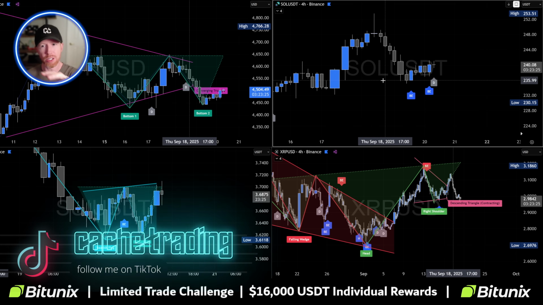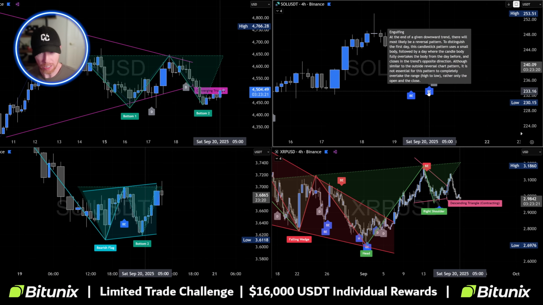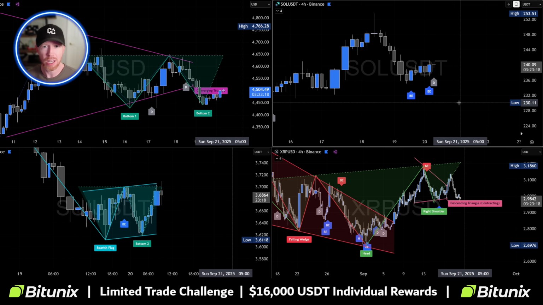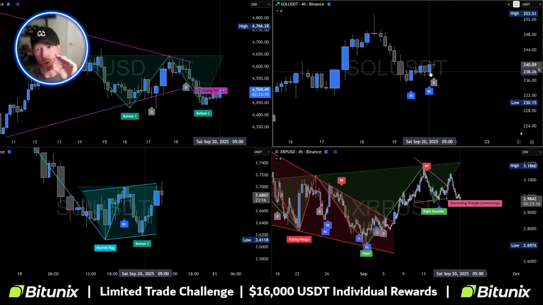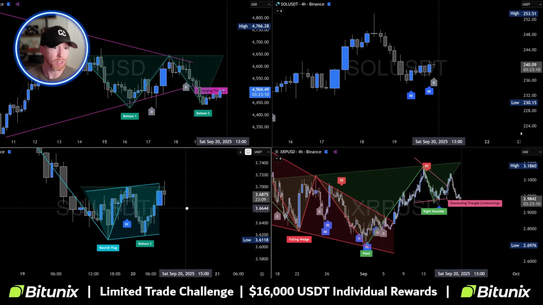Okay. Solana doesn't have any distinguishable patterns except for a bullish engulfing pattern from today so far. That's the last 4 hours. Keep in mind, these are the 4-hour time frames. So in the last 4 hours, roughly, we've been able to see a break above that local resistance at roughly 240. Okay. So that's the approximate there for Solana.